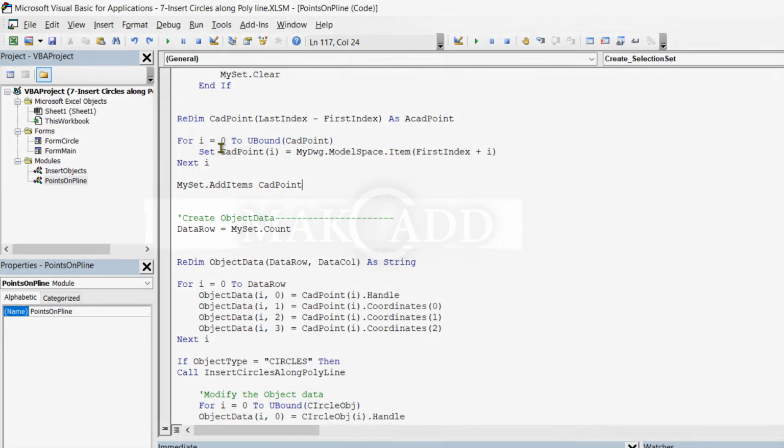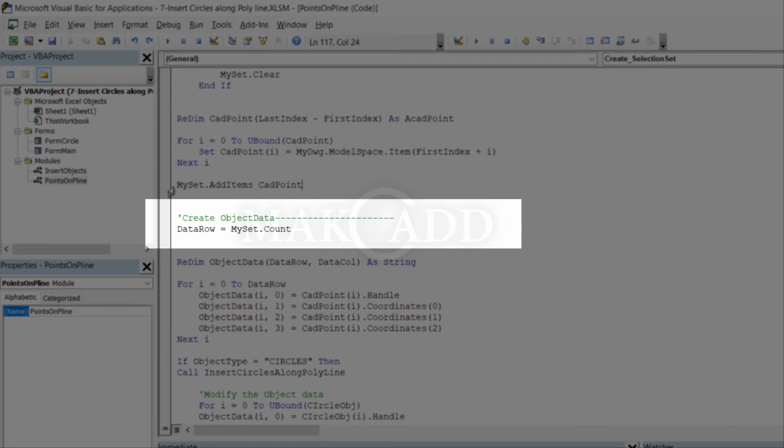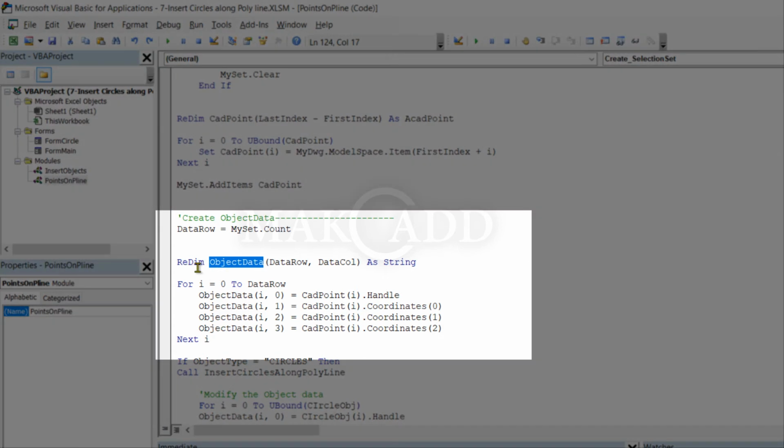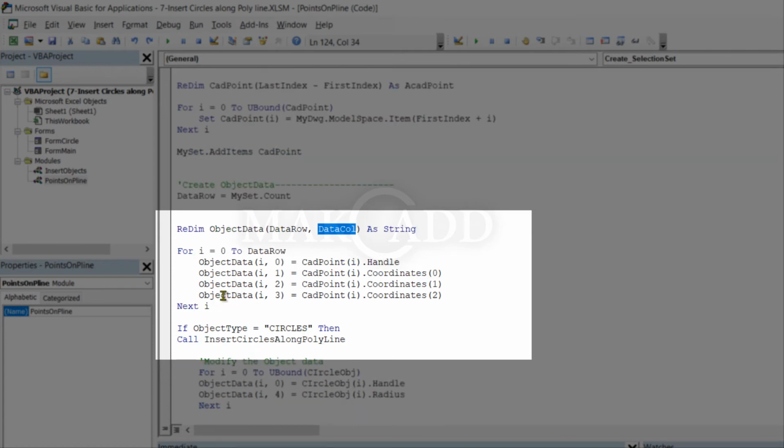Then we will resize the data row with the number of points in my set. Then the object data variable we will resize according to data row and data column. Then we will update the object data with the handle and properties of the points which we inserted.